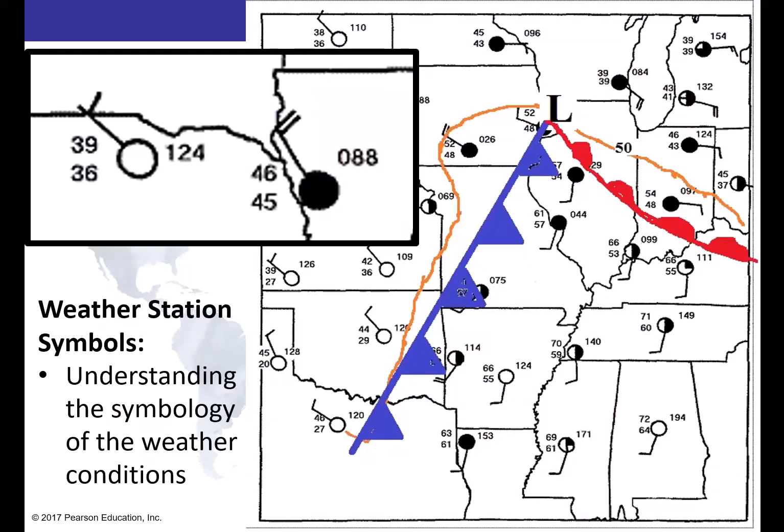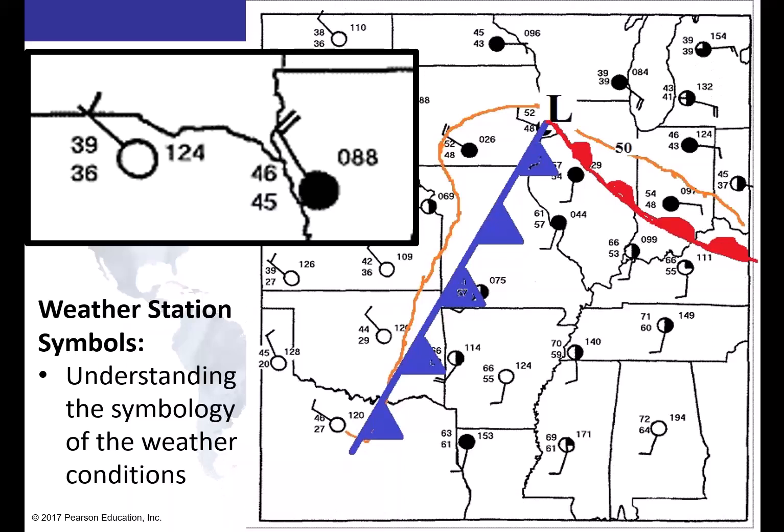And so when we're looking at this, each of these different types of symbols and symbology is going to represent the location of where a weather station is located, the information that it has collected regarding the local weather patterns, and when we combine all of this information on a larger scale, we can start to see weather patterns emerging